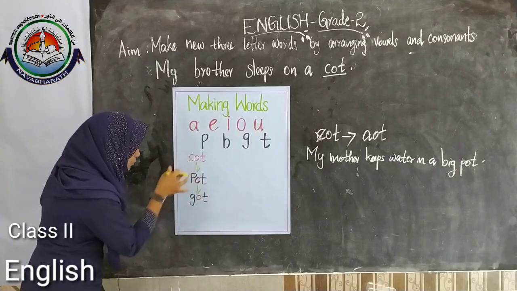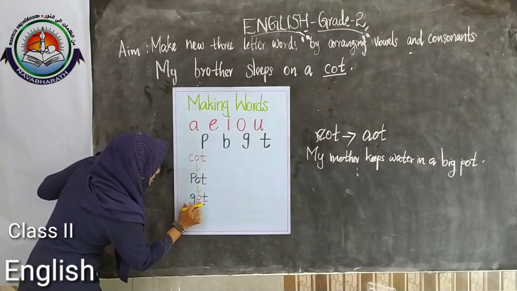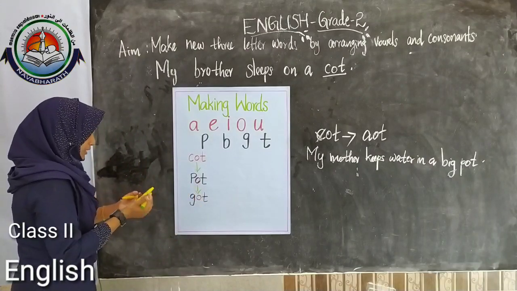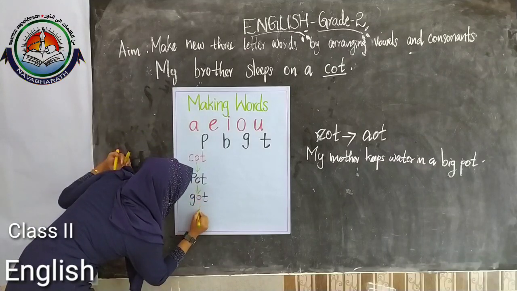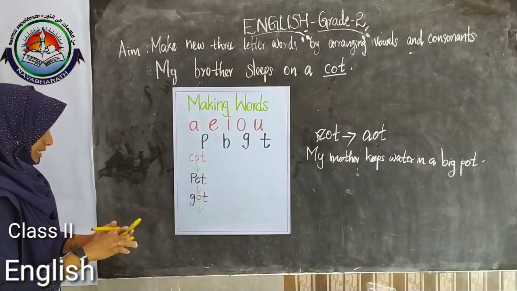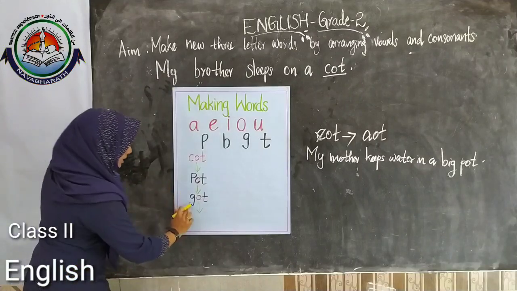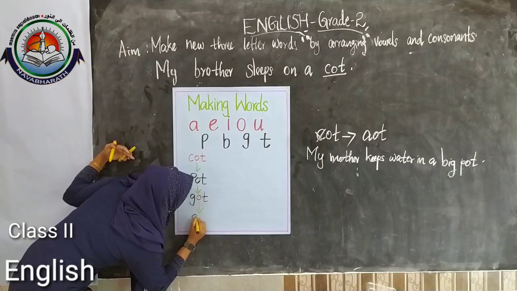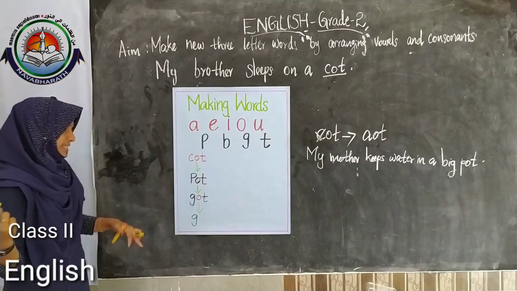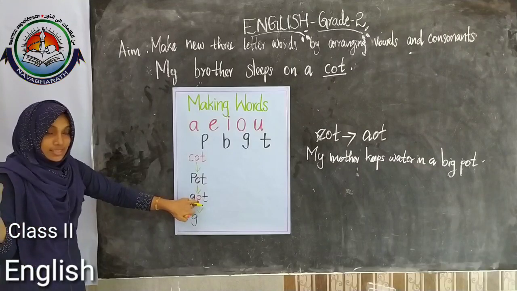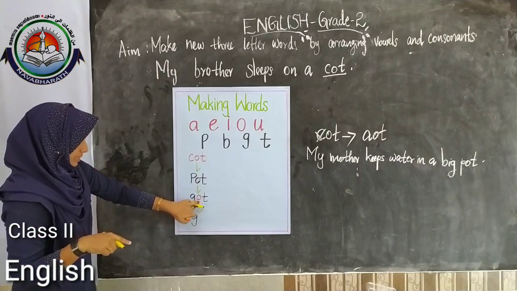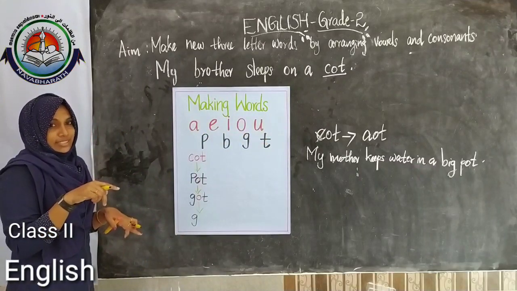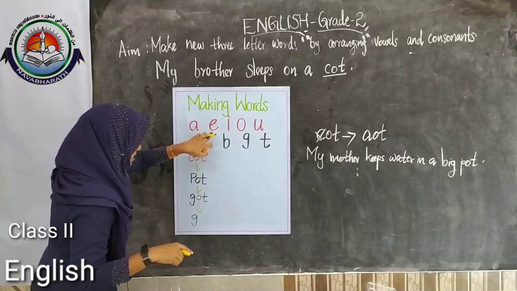Okay, then let's move to the next letter. That means let's change this middle letter. So what happened? Which letter do we need to take? Goat is here. So then, ma'am, take the same. There is no difference in this first letter. I'll take this G in the same. Then let's replace this O letter with any one of these red letters. Which letter do we need to take? Yes, let's take this E letter.